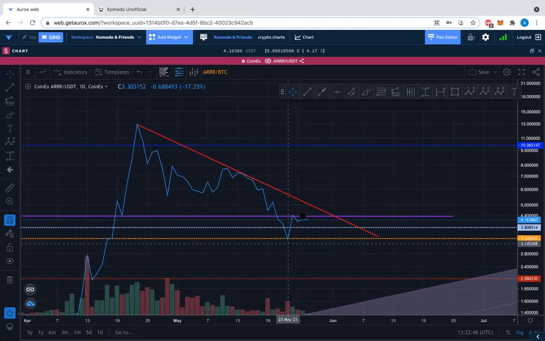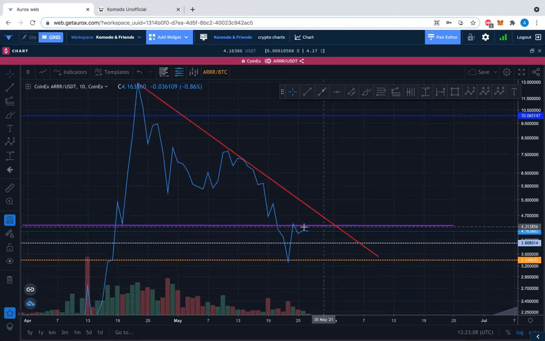So that's those ideas, right? That's the idea of retracing and clearing up and basically completing the corrective move. Now, the other thing I wanted to show is this here. In our BTC, we're about 50% retrace. Here, we're not even 38% retrace. Also, the 25th of May has a low, and here on the 27th, it's still intraday, so nothing is confirmed, but we look a little bit higher. Whereas in the BTC chart already intraday, it's a bit lower. We'll take a look at that in a second.